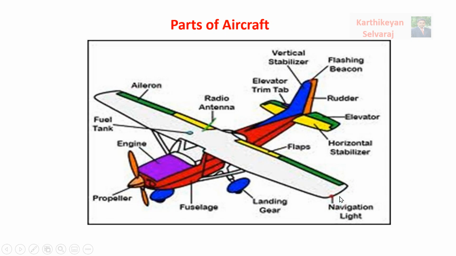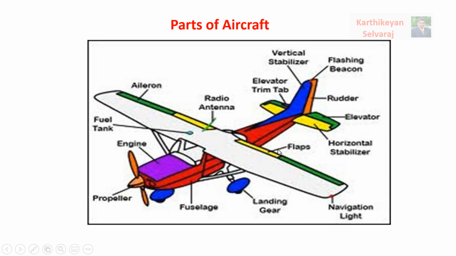Okay, the navigation light is always present at the tip of the wing section. So you know the meaning of the port wing. On the port wing, or left wing, we can see the red light. Similarly, on the starboard wing, or right wing, at the tip we can see the green light. So here is a green light and here is a red light. And similarly for the fuselage they use a white light. So red light for the flashing beacon, red light for the port or left wing, green light for the starboard or right wing, and white light for the fuselage.